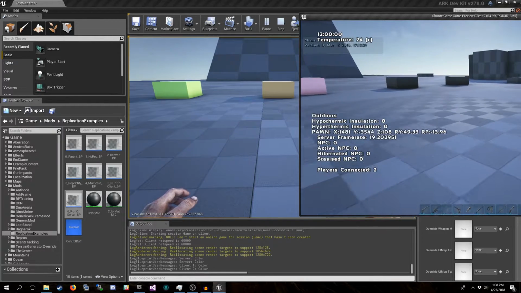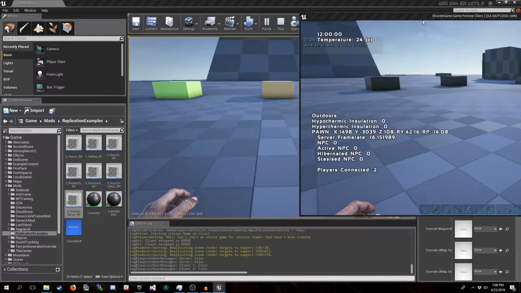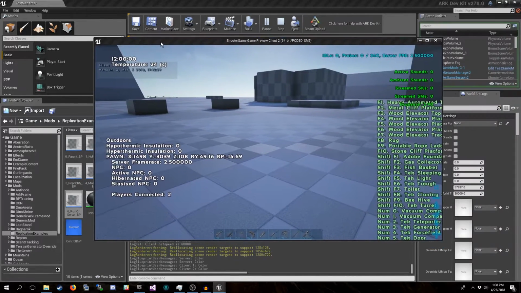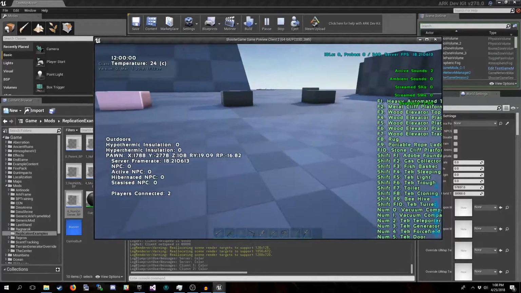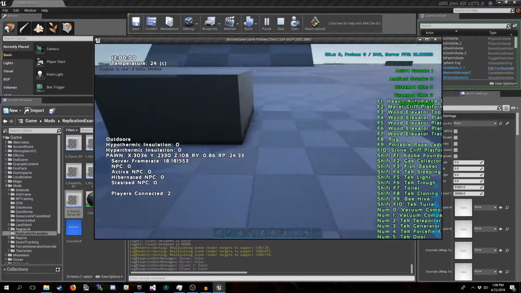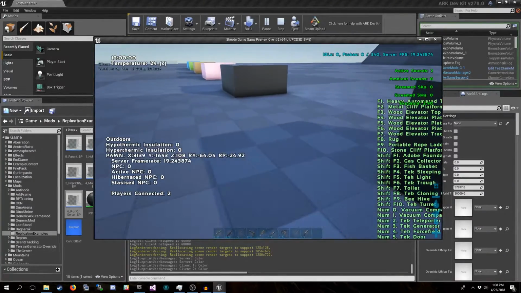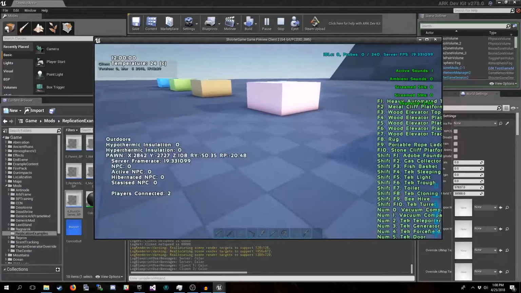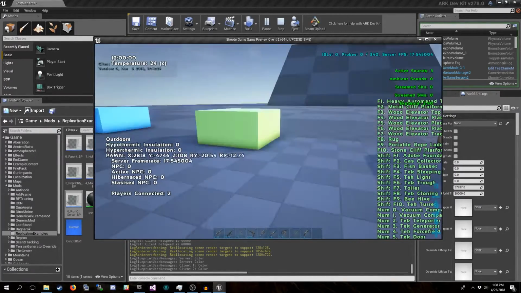Now these other two boxes, though, you'll notice they don't work. They're just black. And that is because they are not doing things correctly. And I'll show you how to fix that. The code for it is already implemented in the file. It's just disabled. But you'll see, yep, they're just black materials. There's no color being applied to them. So before we get to those, let's start by looking at these blueprints down the line.